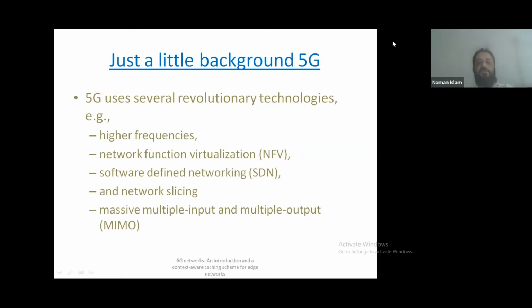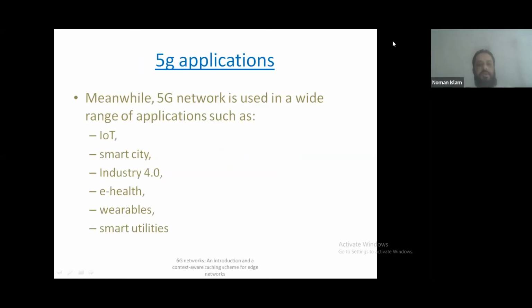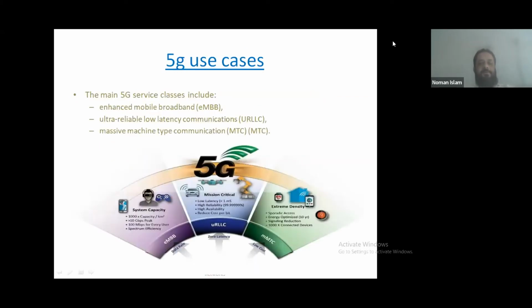So all of these concepts were used in 5G network, and there were different applications such as IoT, which is the predominant application of the 5G. Then smart city, industry of things, industry 4.0, e-health, wearable computing, smart utilities. These were some of the applications. Now, there were three use cases proposed by the 3GPP, Third Generation Partnership Project. They proposed that